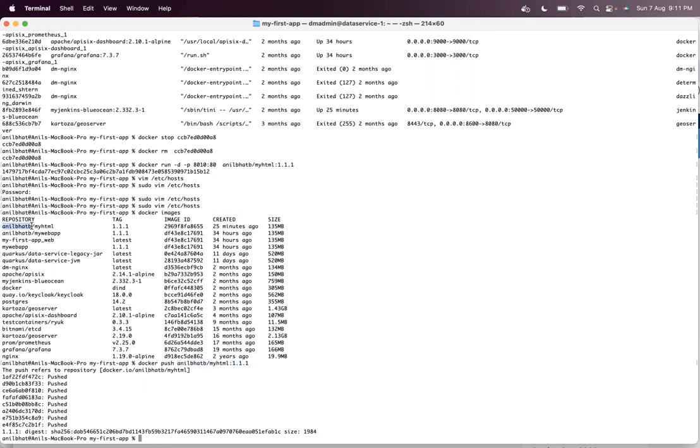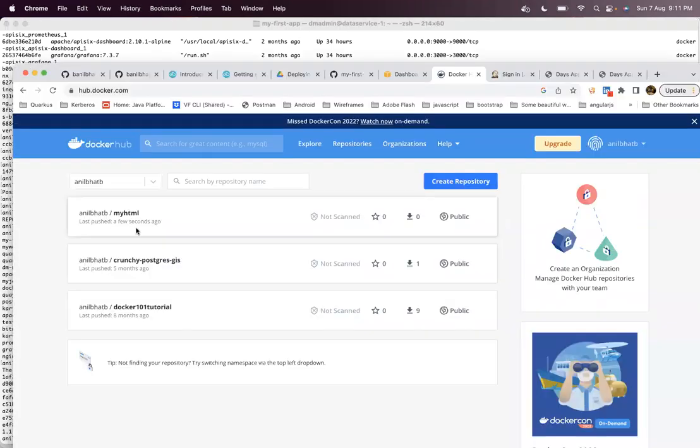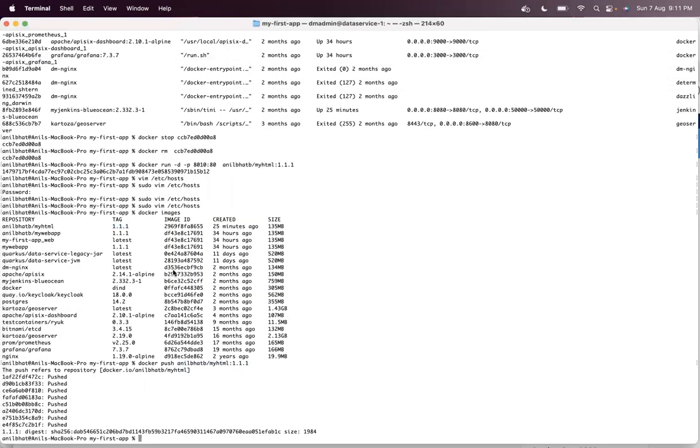So account name, image name, and tag is the syntax to push an image from your local machine to the registry. Even if you delete it from your local machine, you can later pull it back from your registry in Docker Hub.